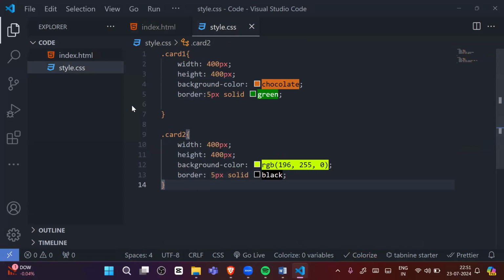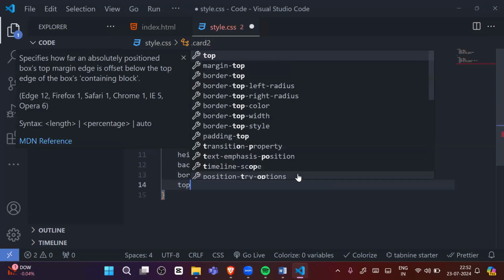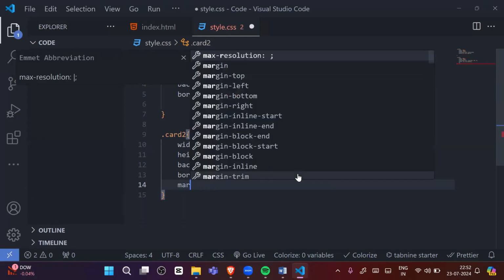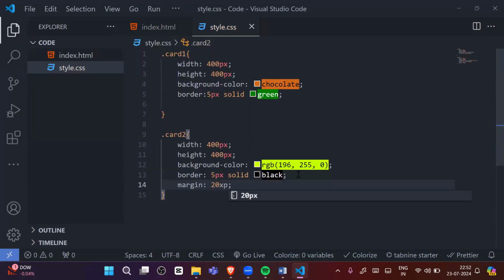Suppose you want to make space between them. How will you do it? In the second div, the second card, you can say top 40 pixel. Okay, not top 40 pixel. Instead of this, you can say margin 20 pixel, right? Margin 20 pixel you can give.